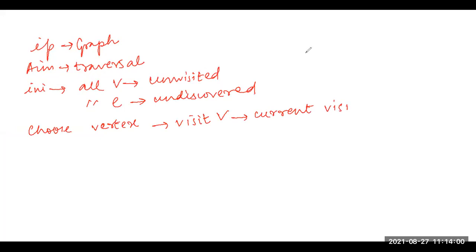Fine. Once I start looking from my current vertex, I look for what? Anyone? I look for the undiscovered edge.